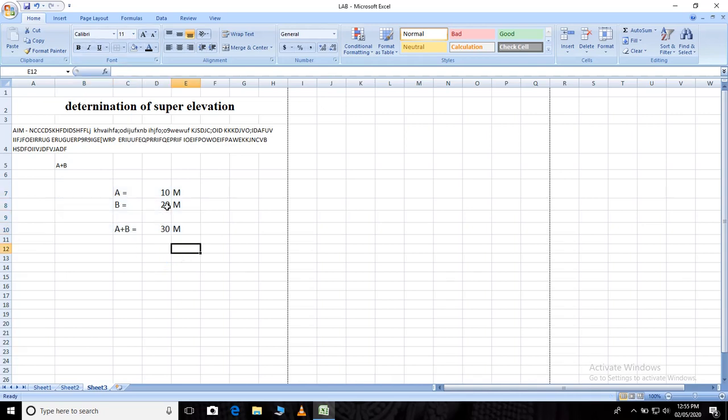Okay, so see, I'll just change the value of A. I'll make it 20 now, or I'll make it 15. And you can check now what is happening in the answer. That is A plus B. See, it is 20 plus 15, 35. So already you have inserted the equation by clicking cells A and B. Okay, so if I make it 0, what will happen? It has to become 20.